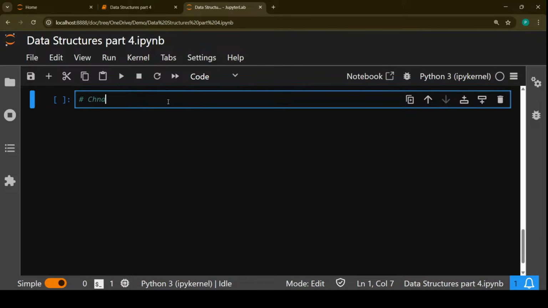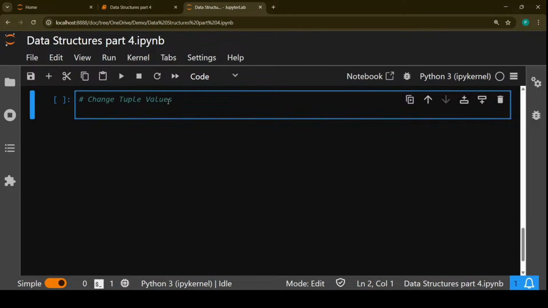That will be based on changing tuple values. Now when I say change tuple values, people will say that once a tuple is created, you cannot change its values. Tuples are unchangeable, or immutable. So what do you mean by change tuple values? Yes, I agree that we cannot change it. Once a tuple is created, it is unchangeable and immutable in nature, but there is always a workaround,